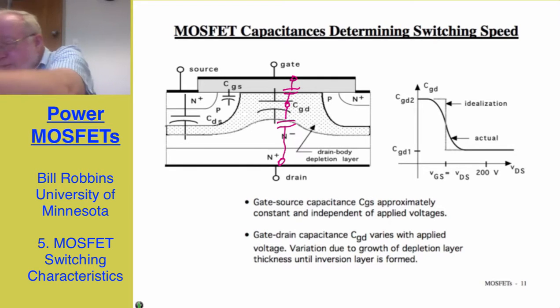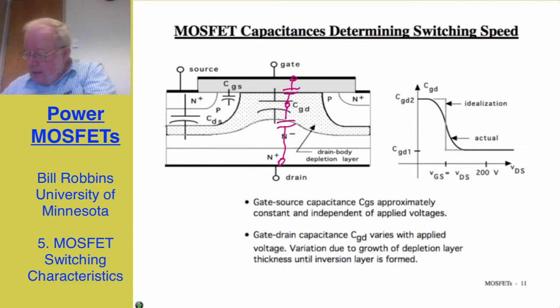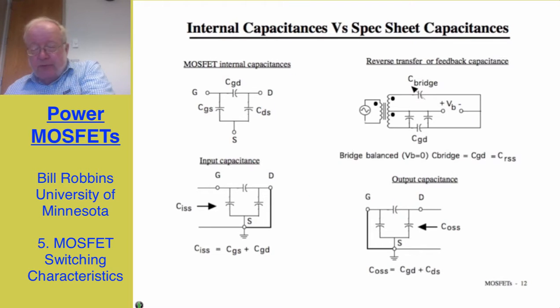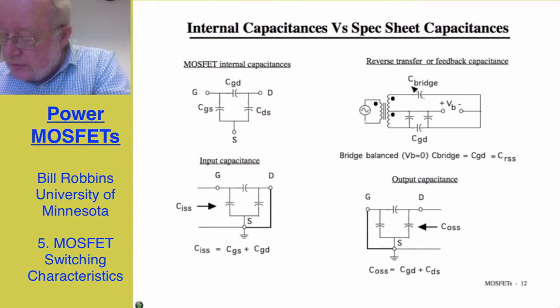If one looks at the spec sheet for a MOSFET and attempts to find information about these capacitances, one is going to be somewhat puzzled by the fact there is no indication of what the gate to drain and gate to source capacitances are, at least not directly. Instead, what most manufacturers do is measure capacitances in a slightly different way, and those can be related to the gate to source and gate to drain. For example, if we bias the MOSFET in the middle of its active region and then incrementally short the drain to the source, for example by putting a large capacitor across there, and measure the capacitance between gate and source,